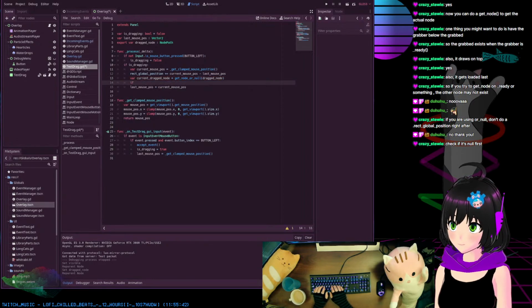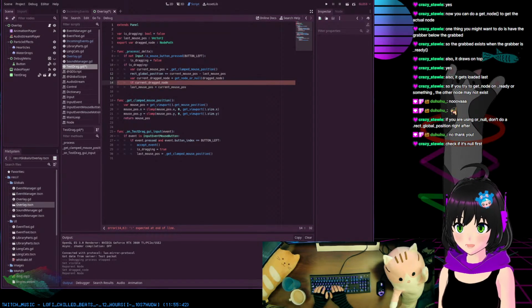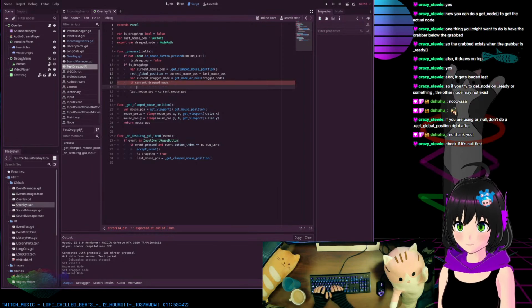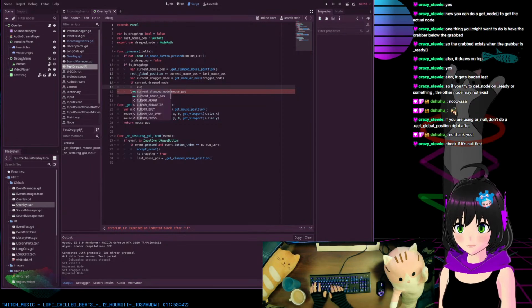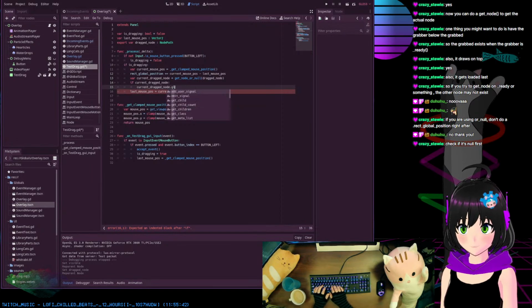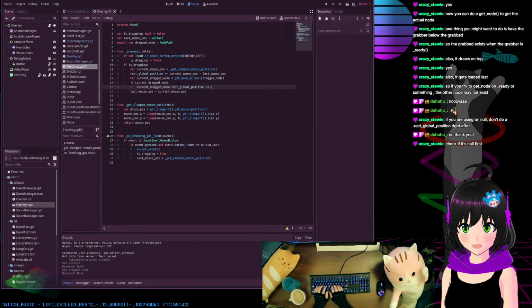If current drag node, then we'll do current drag node dot rect global position plus equals